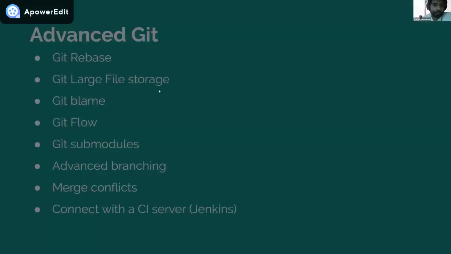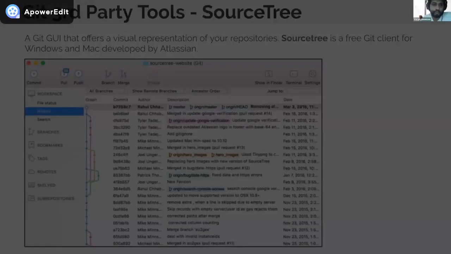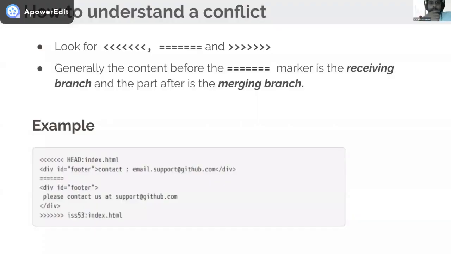So basically, this is the root cause for a merge conflict. In this example, maybe in 2 different branches, the same file, index.html, has been changed in 2 different ways. So Git is confused about how to proceed further. Then it will present it to the user, and there is a way for us to actually resolve the conflict.